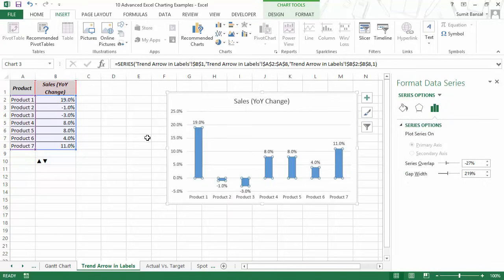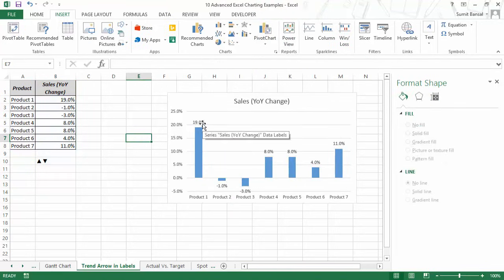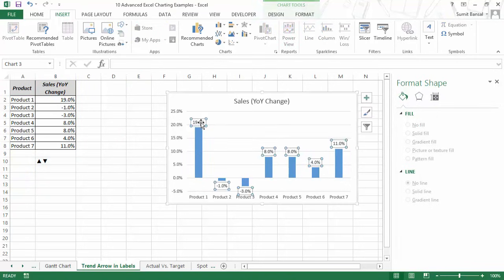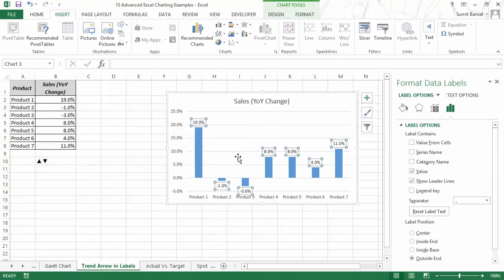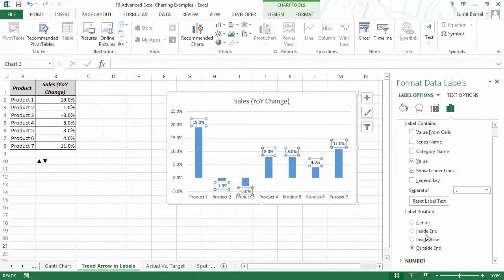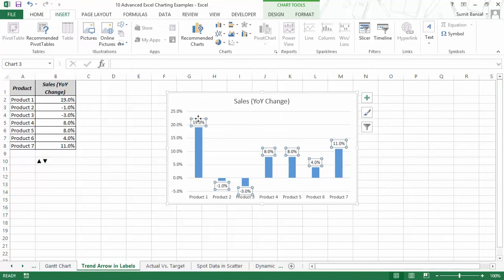As of now it shows 19%. Now to add an upward arrow to it, I would have to change its formatting. I can press Ctrl 1 and it'll open the number formatting dialog box. If you're working with 2007 or 2010, then this is a very powerful shortcut. You can press Ctrl 1 and it opens the format cells dialog box. In this case the task pane was already open, but in case it is not and you press Ctrl 1,